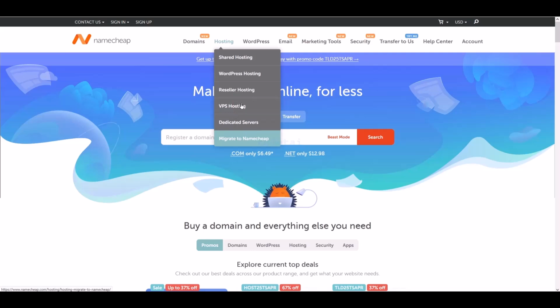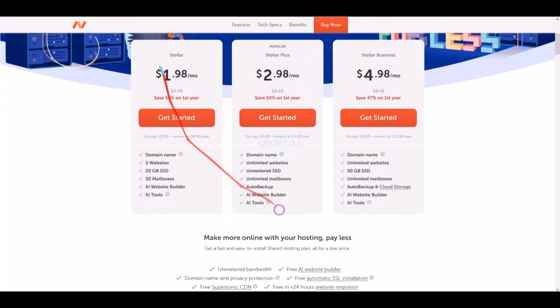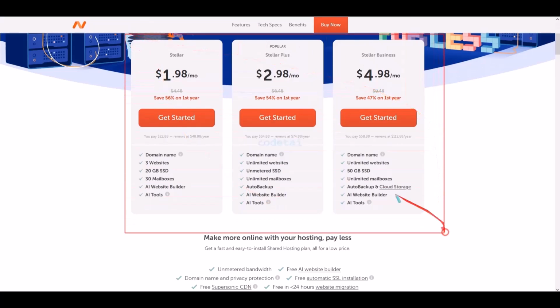Now, we will learn how to purchase a shared web hosting server. You can select the hosting server location based on your specific needs, and you should definitely choose an annual plan for better value. Here, you can see 3 excellent hosting packages. You are free to choose any package that suits you.